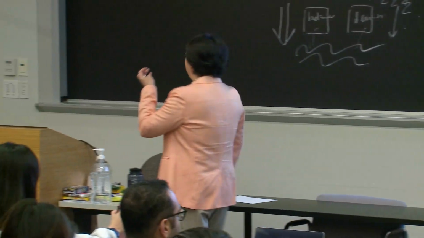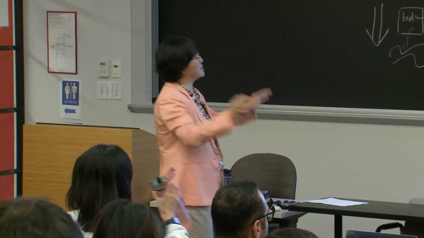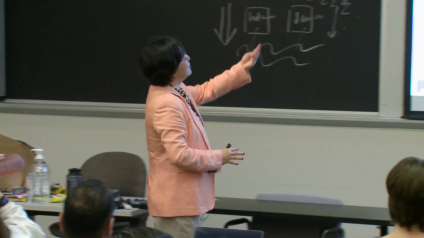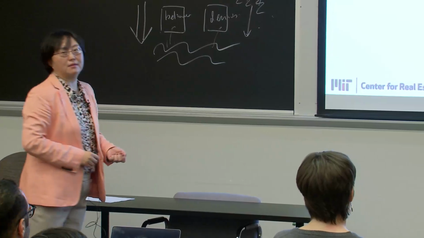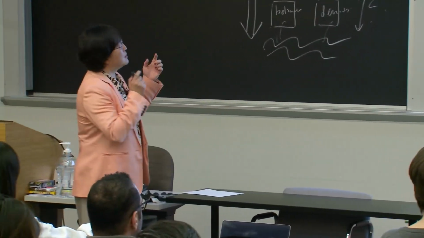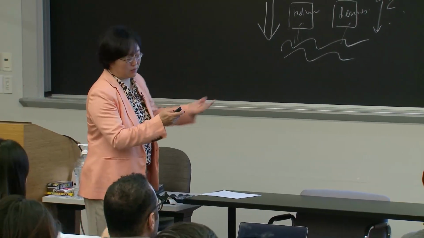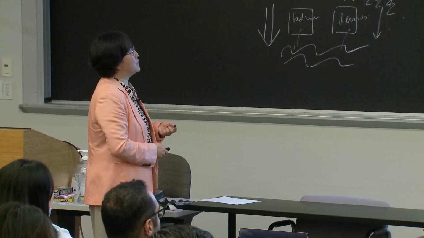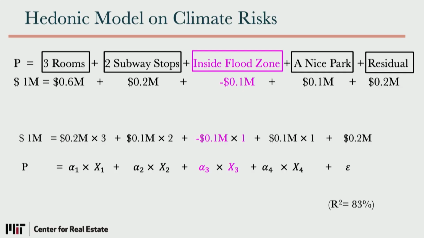Then, after a lot of data crunching and the regression, we get a negative 0.1 million discount. So that's the hedonic model. Thus, we compare, no matter apple or orange, you put them together to compare. Basically this is what we run, I think that will be our problem set number 2. Keep in mind, this is the thing we are interested in, alpha 3.